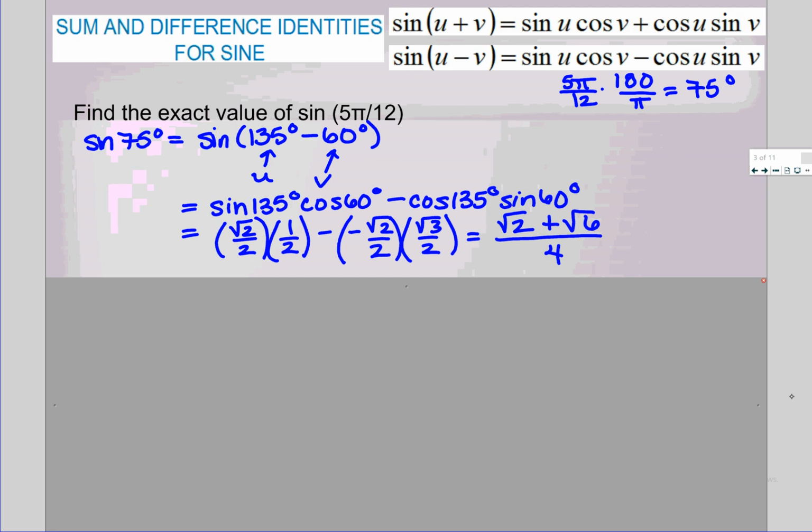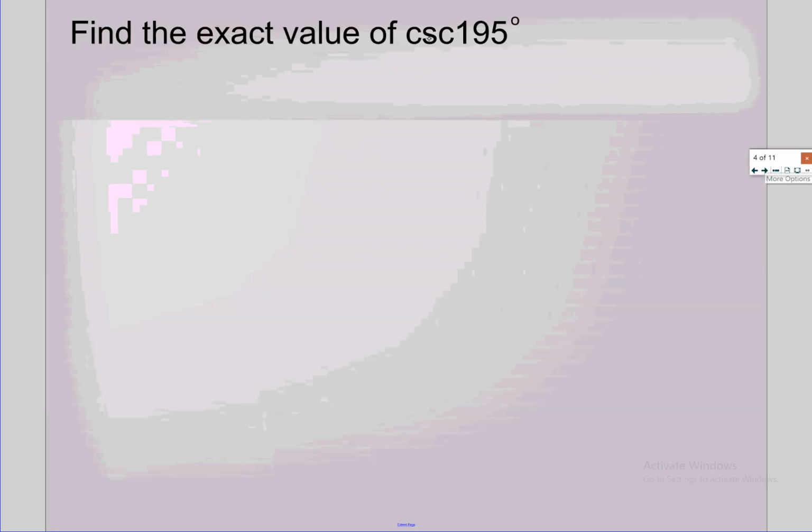Okay. Good? Okay. So I want you to go to, we're going to skip the next problem. I want you to go to this slide, and we're going to change it a little bit. We're going to change it to cosecant still, but this time 5 pi over 12. Okay. All right, so I'm choosing 5 pi over 12 because we just did a problem with 5 pi over 12. The last problem we did was sine of 5 pi over 12, and we found that the sine of 5 pi over 12